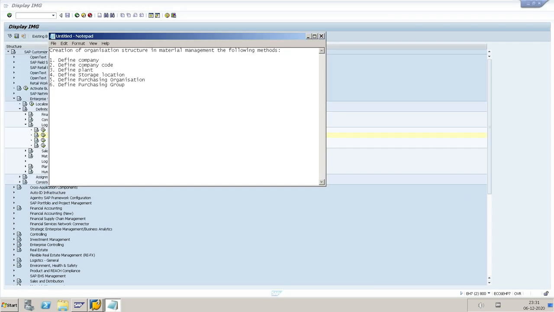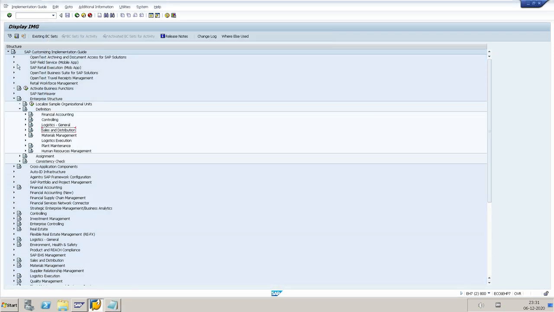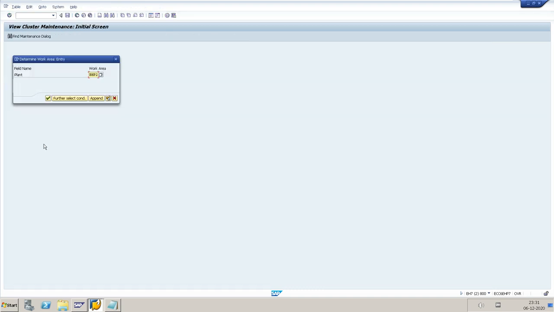Next is define storage location. Same SPRO, enterprise structure, definition, you go to material management, maintain storage location.